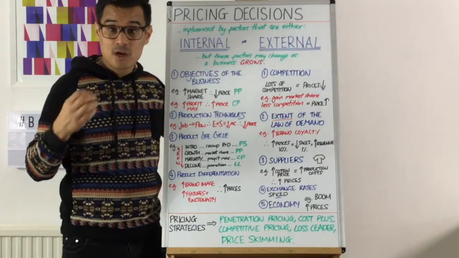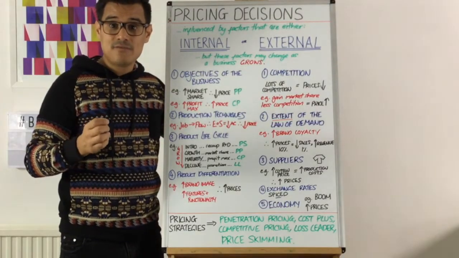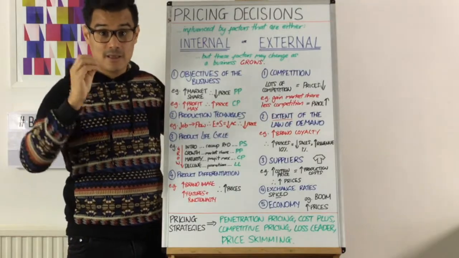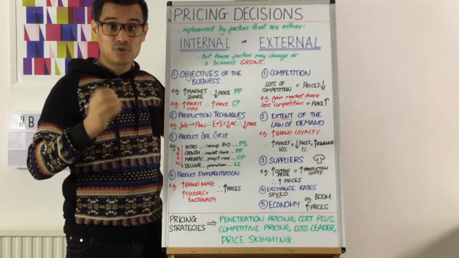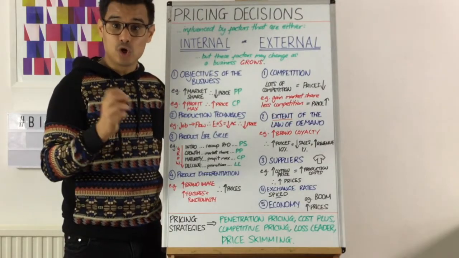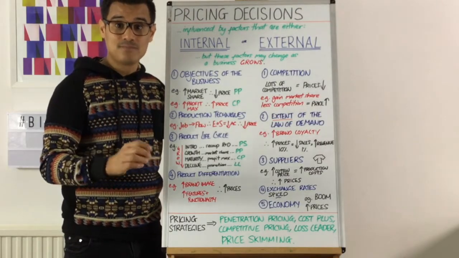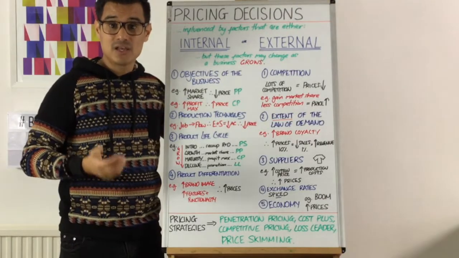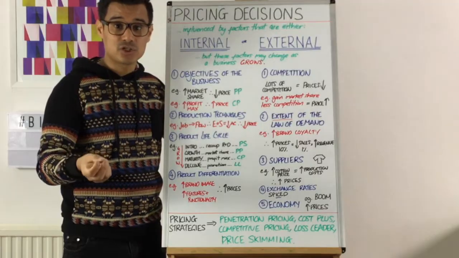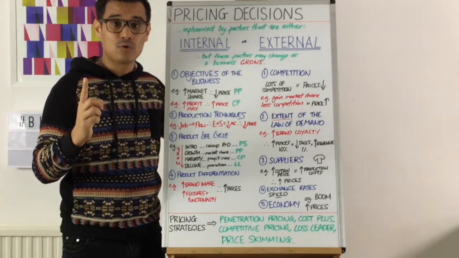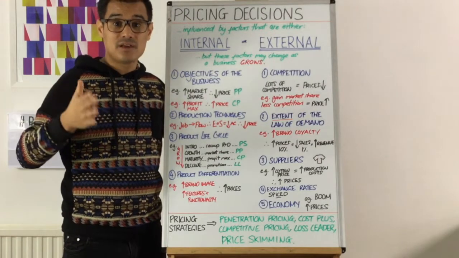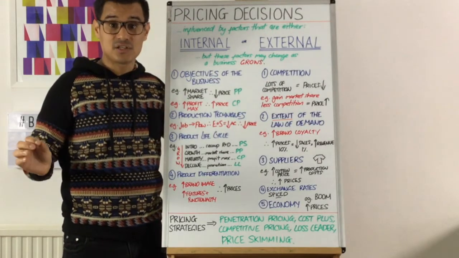Number five, the economy. The economy, if you look at it in a binary way, it's either booming or there's a recession. If it's booming, well, you might be able to increase your prices because if the economy is booming, more people have jobs, so there's lower unemployment. So therefore people have income to spend, so you can increase your prices. On the other hand, if there's a recession, then it's likely there's high unemployment, so people have less income to spend, there's less demand, so therefore you may have to reduce your prices to some extent.